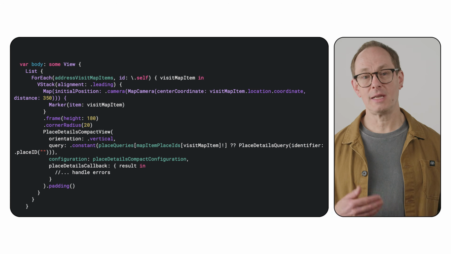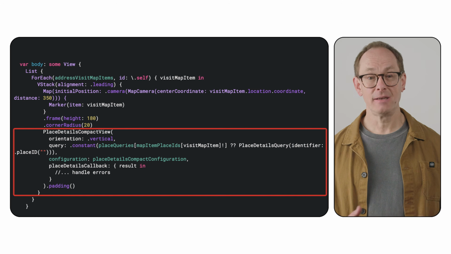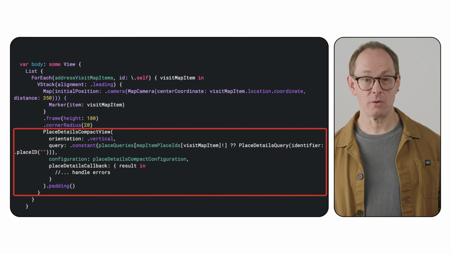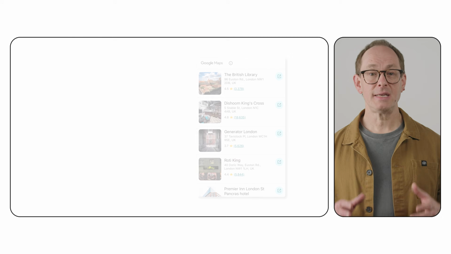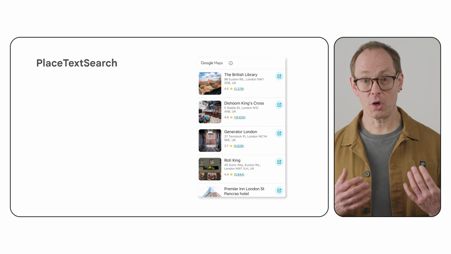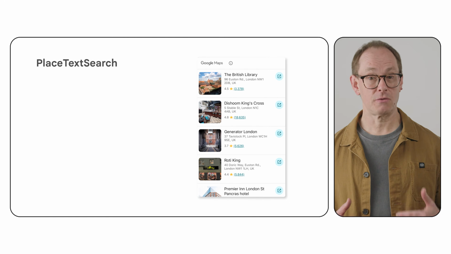Whilst looping through the list of geocoded addresses, I've added a Place Details compact view for each one underneath the map. Now, let's see how the Place search widgets can be used to display results for specific places. I'll show how to search nearby to a location or use free text input, in this case, the name of a specific fountain. Place text search can be used to show a scrollable list of results for a text query